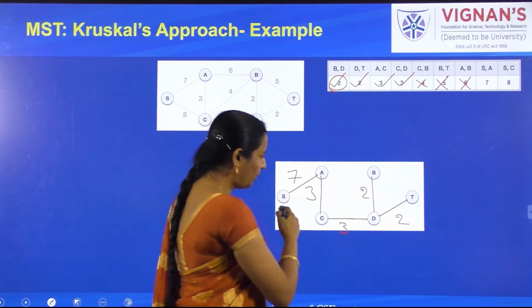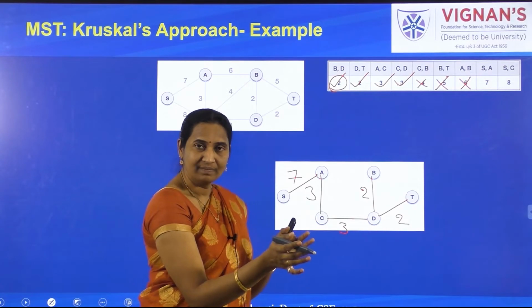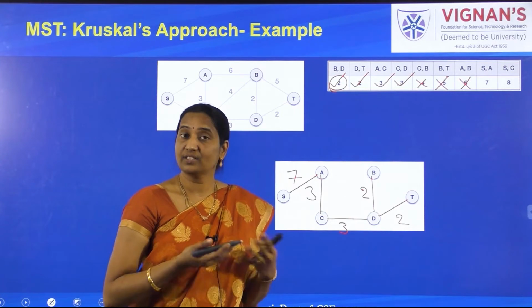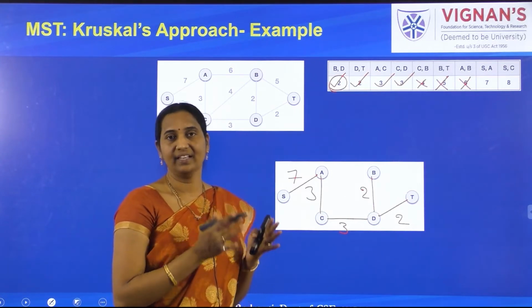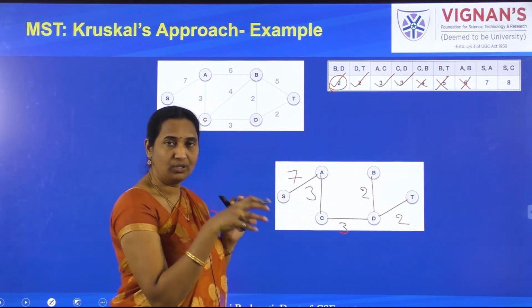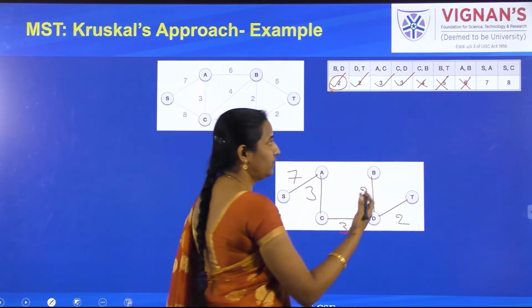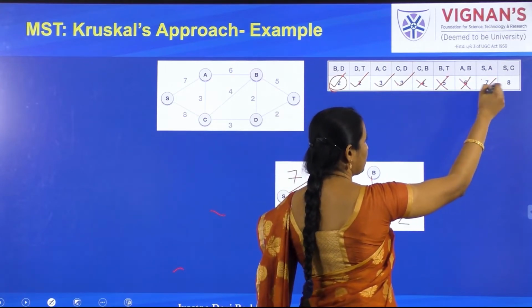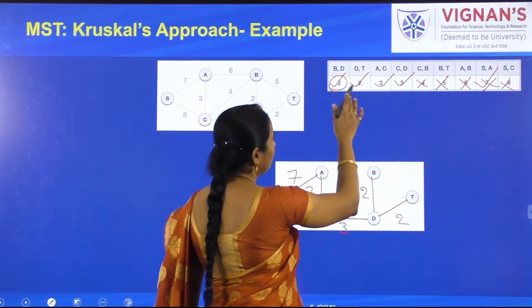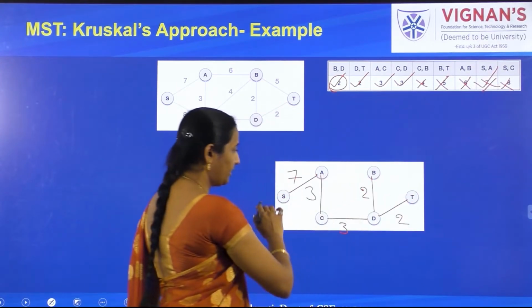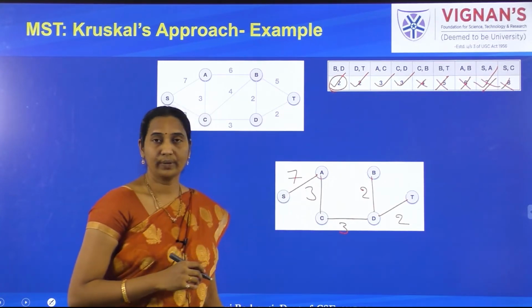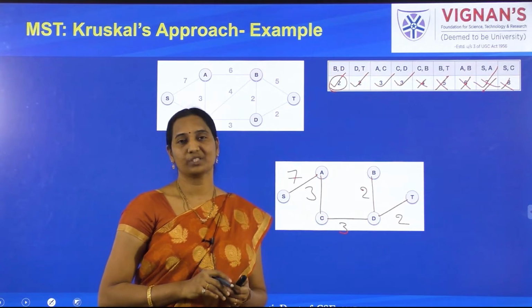And 7. And if you observe, you need not check the remaining edges, because already there are n-1 edges, and if there are n-1 edges, then the tree is formed, because a tree contains exactly n-1 edges. So as you have n-1 edges in the resultant solution, you can stop the iterations, and you need not consider the remaining edges at all. So if you observe, 7 is considered, right? So 1, 2, 3, 4, 5. So 5 edges are included because there are 6 vertices in the graph. That's how you can solve the minimal spanning tree problem using Kruskal's algorithm.